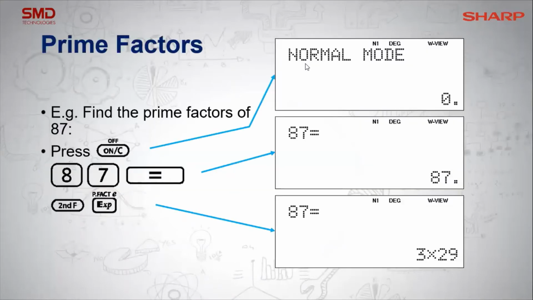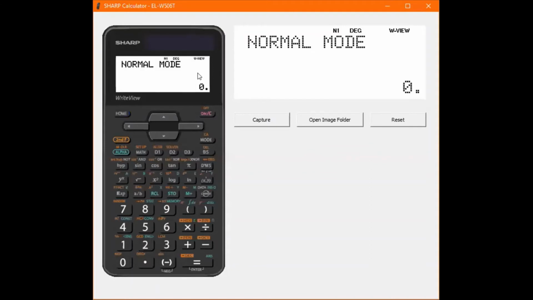But let's go back now quickly to some new functions that we've added. So we're going to look at prime factors. I'm just going to press Home, and Home just takes me back to normal. You can see why it's a really good reason to like this calculator. Home makes things a lot easier. So let's say, for example, you wanted the prime factors of 96. You type in 96, press equals, and then press second function and EXP. You'll see in orange above it, it says p fact. And there we have it: 2 to the power of 5 times 3, which actually turns out to be quite a nice